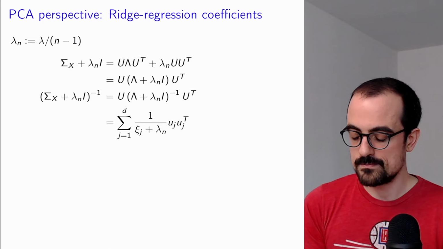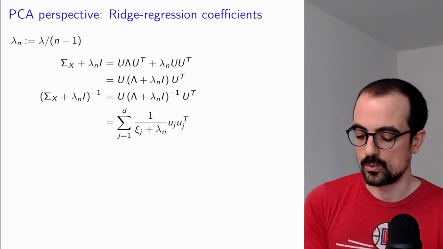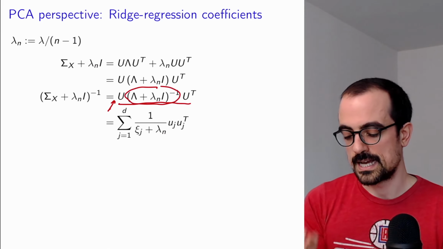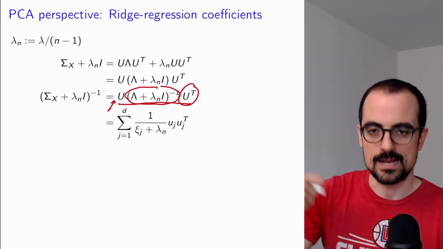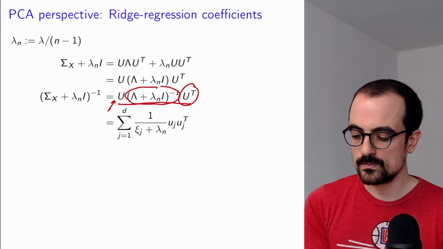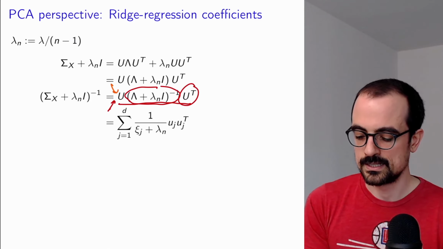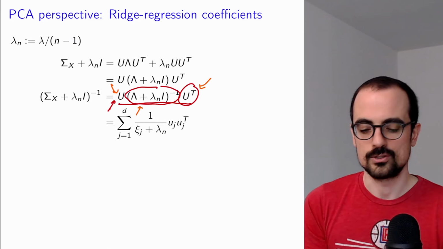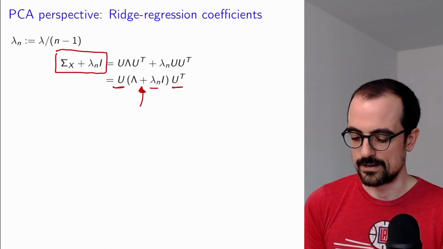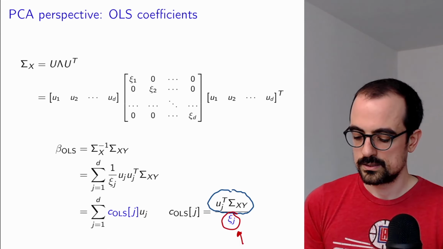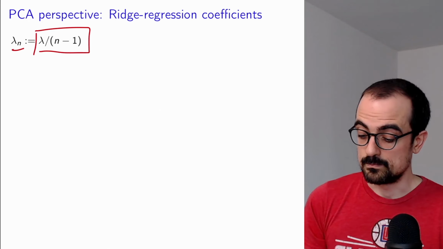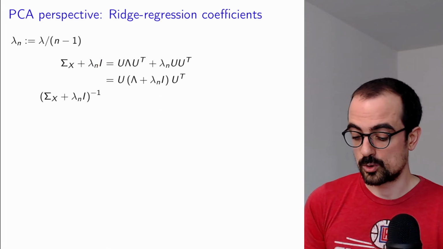Now, by the same argument that I used before, you can express this product as the first column of this guy times the first entry of the diagonal of this guy times the first row of this guy, plus the second column of this guy times the second entry in the diagonal times the second row of this guy. So this is exactly the same thing that we did here, just to be very clear. By that argument, we can express